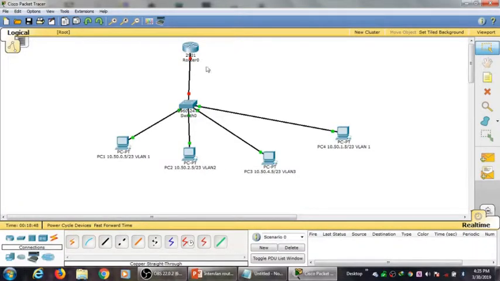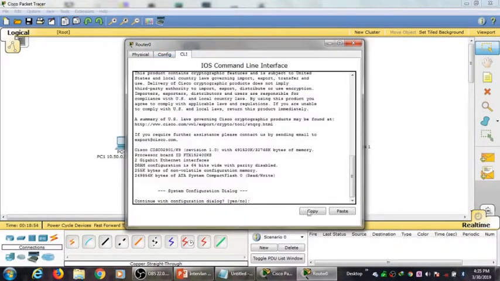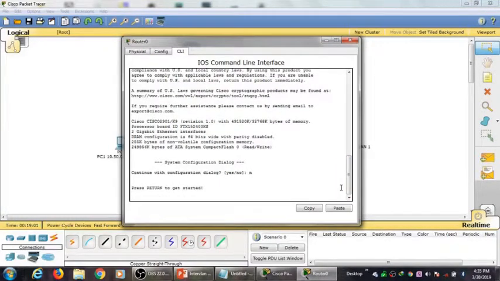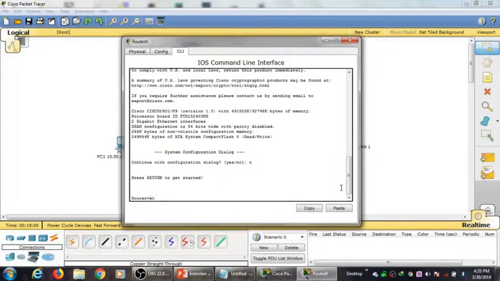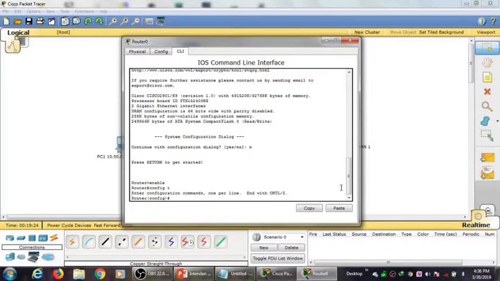We have introduced our router, and we're going to create what we call sub interfaces. Let's open our CLI and just say no to that and enable that. This is just a basic guide to administrators, IT system administrators, or startup network administrators. This is a quick guide. Let's get into our config terminal